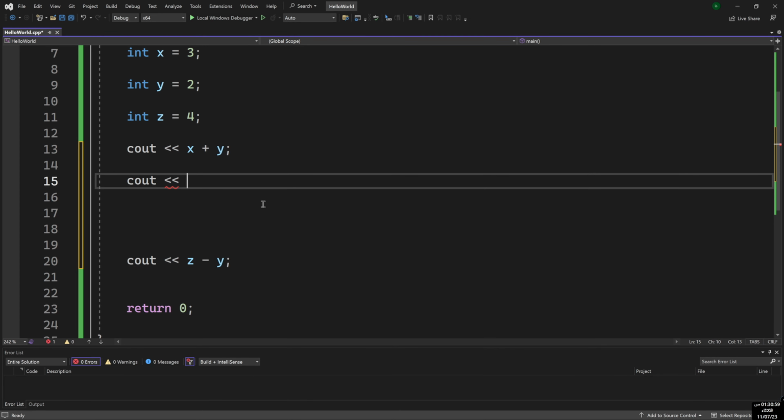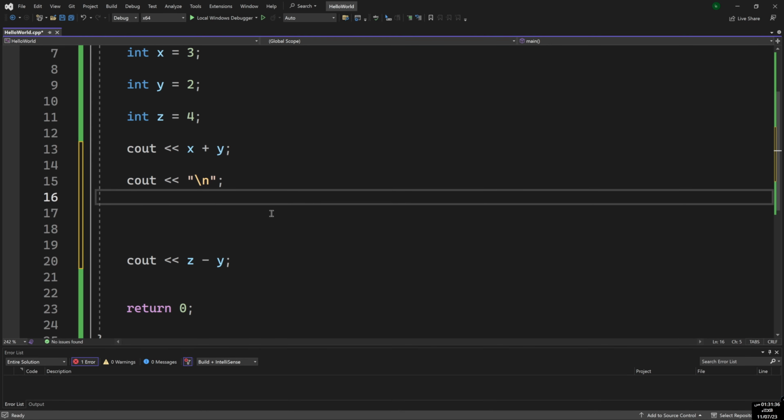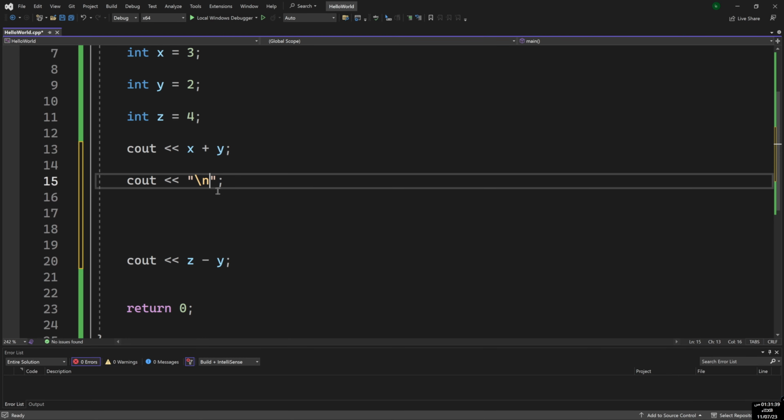You have to type cout and then a quotation mark, and I don't know what the name of this thing is, but I think backslash n, and semicolon. Now we have separated lines. So if we run the program,